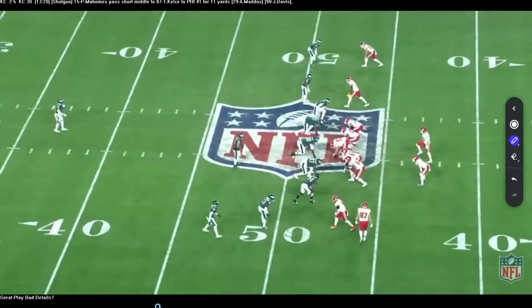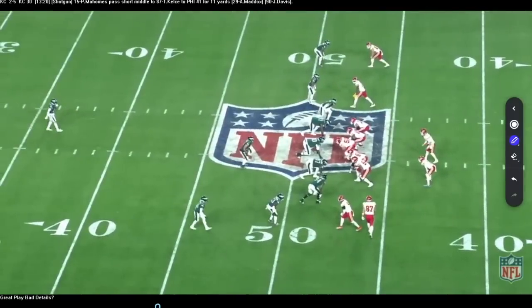Okay, just want to take a look at this. This is the last one in the first half. On this particular play, we're going to have a choice route up here by MVS. And to me, details are always so important. So you got a choice route right here where you're going to break